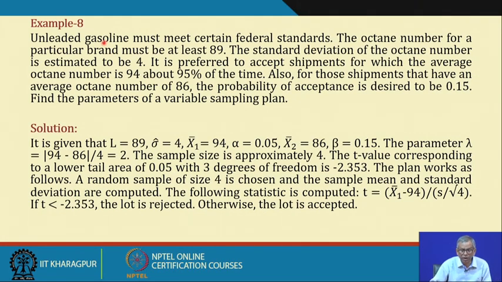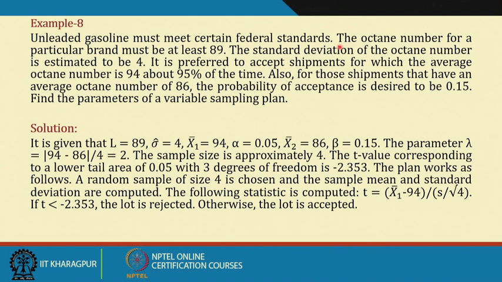In this example 8, I will read it out, and all the steps are given over here. But this is the case of a single specification limit, right? Your purpose is to use a variable sampling plan to control the process average, and the standard deviation is unknown. We have already explained the procedure. Unleaded gasoline must meet certain federal standards. The octane number for a particular brand must be at least 89. The standard deviation of the octane number is estimated to be 4. That means the case of the